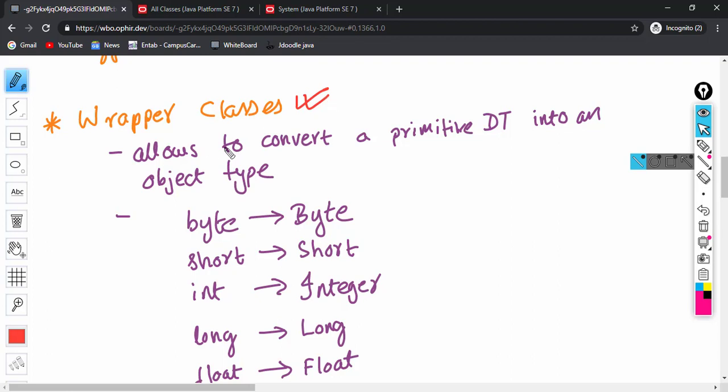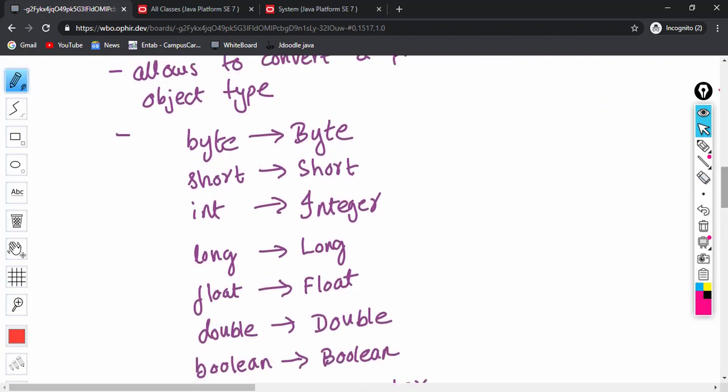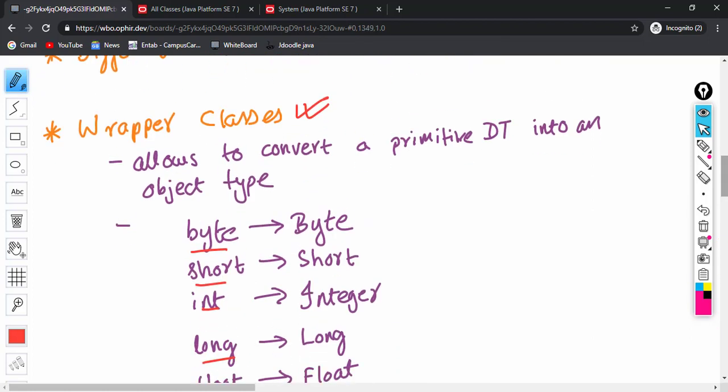Those 8 primitive data types are not classes. For example, byte, short, int, long, float and all the other types, they are not classes. So if they are not classes, there will be no objects of this type, isn't it? And if there are no objects, that means we will not have the power, the flexibility of objects.